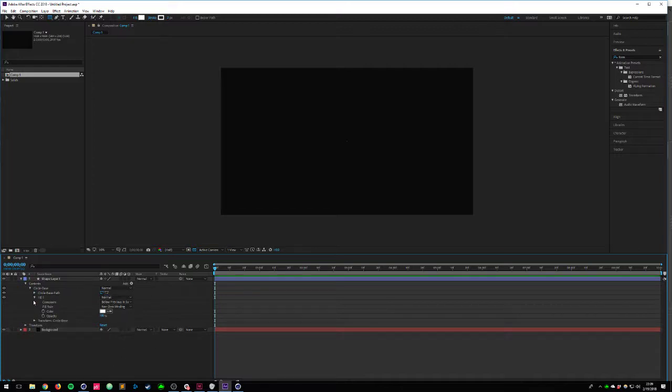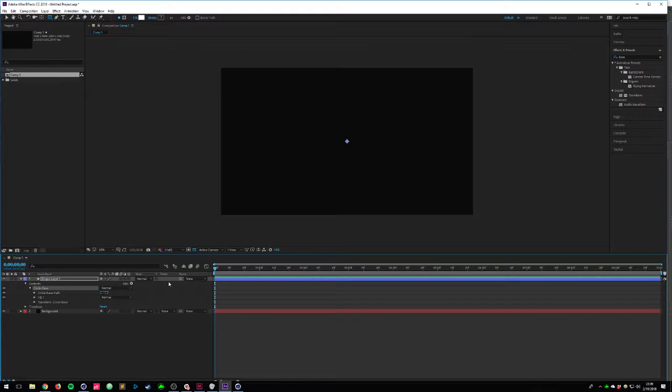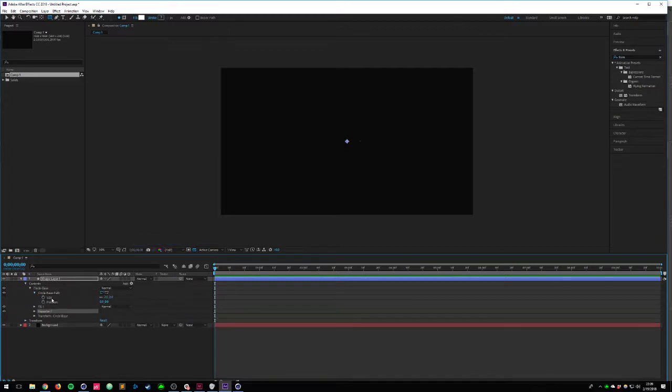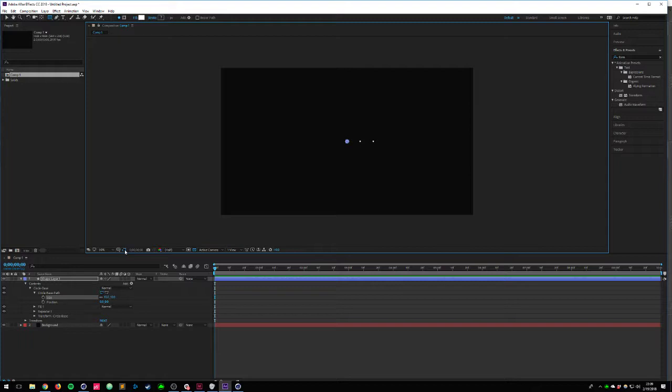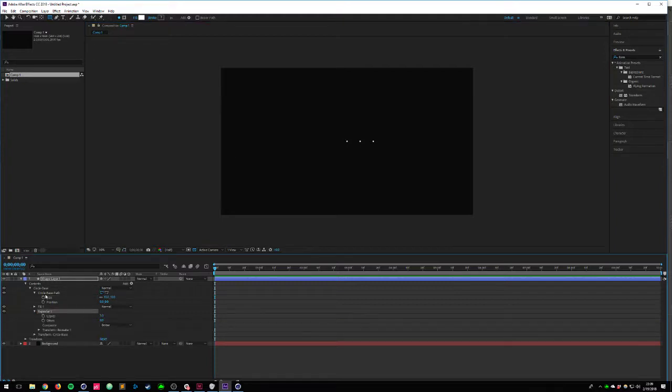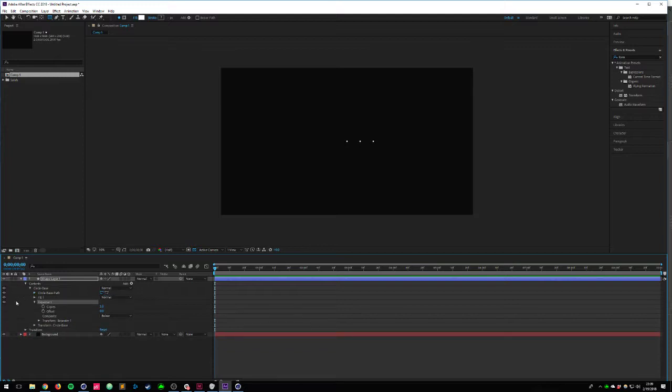Now what's really cool about these shape layers is you can add all of these weird things down here, and one of them being the repeater, which is what I'm going to look at right now. And so I'm going to make this just a little bit bigger so we can all see it on screen. Now I have that dot there. And by the way, clicking this button or Command-Shift-H, I think I talked about it last time, will hide and show that selection box, and that is really helpful here. But the repeater does exactly what it says it does, it just makes anything above it in the group order